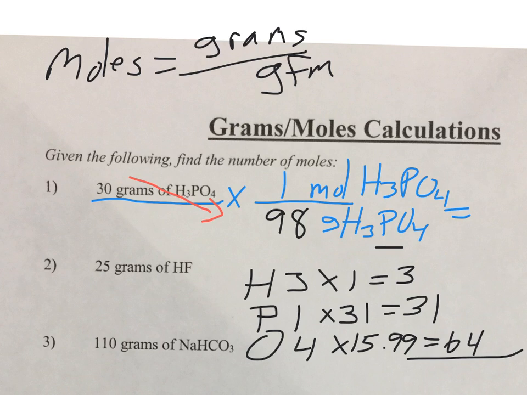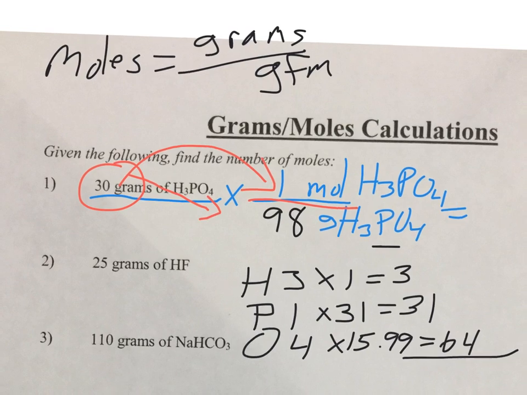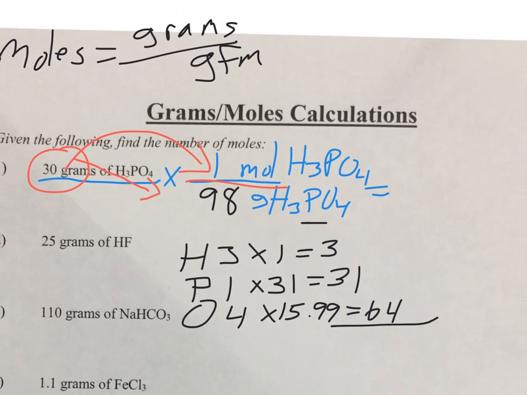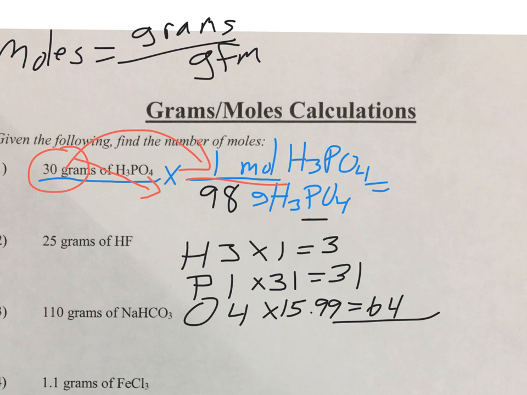Okay, so now, remember, whatever's on top, you multiply. So this 30 grams times 1 gives you what? 30. And then you're going to divide by 98. So make sure you put 30 first, divide by 98. How much are you getting? I'm going to have to make this a little smaller so I can put the answer. 0.3,